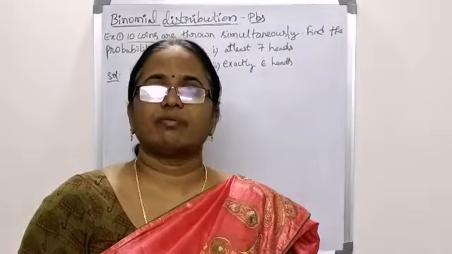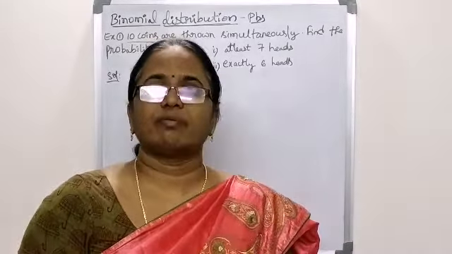Accordingly, here the number of trials, how many times has the coin been thrown? 10 times. So we first write the number of trials in the given problem. Here the number of trials means the number of times the experiment has happened. The number of times the coin is thrown, denoted by n, is equal to 10, because 10 coins thrown or 1 coin thrown 10 times.